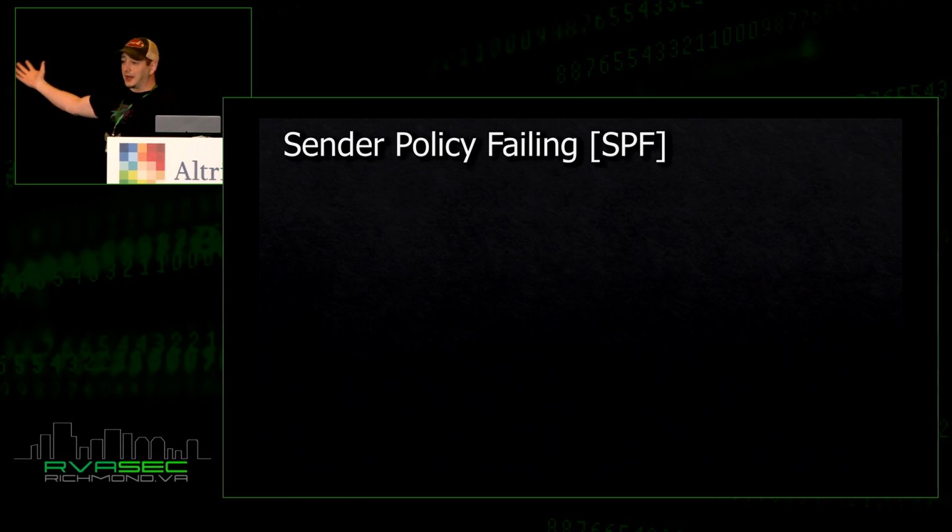So, the real name of it is Sender Policy Framework, though I call it sender policy failing. Why is it called that? Well, it's because it fails things to prevent them from coming into your inbox. So the more things that fail, the less that comes into your inbox. Why is this so hard? I don't know. I do know that when SPF evaluates whatever transaction is coming through, it uses these beautiful